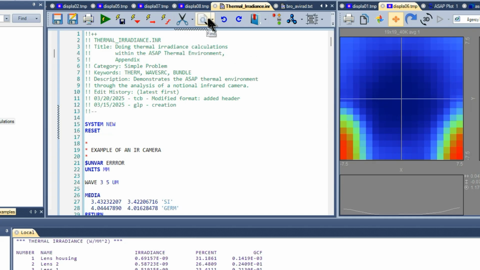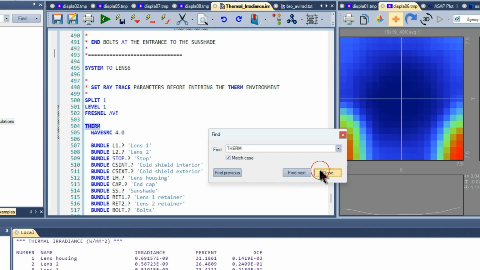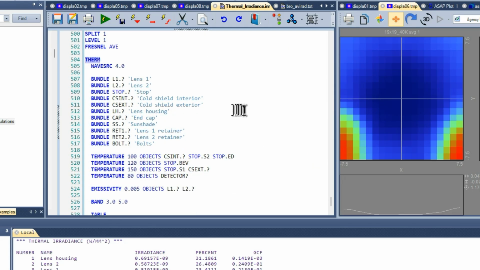And a quick way to find that would be to just look for the therm keyword from the top of the script and do a match case find previous, and it will wrap around to the bottom and find the therm keyword. The therm keyword opens the thermal irradiance mode or context where unique thermal irradiance commands are used. Much like there are unique commands in the display command context, therm is another mode where we get a different